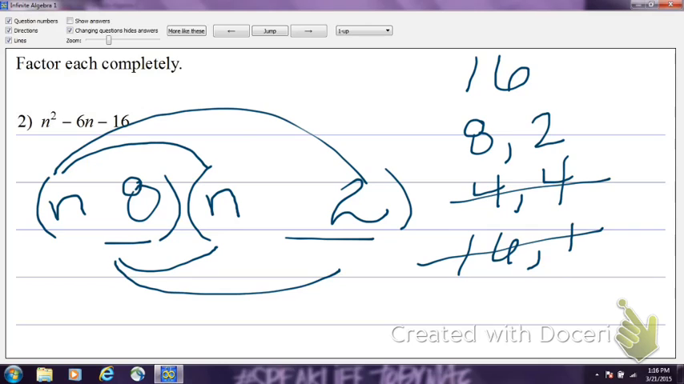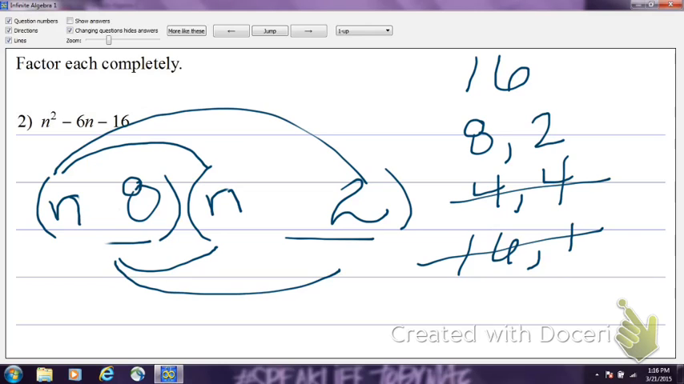Now we have to decide the signs. So since we want to get a negative 16, they have to be opposites because a negative times a positive gets a negative. Now if I put it this way, I check it and I go, is 8 times negative 2 negative 16? Yeah, sure it is, but is 8 minus 2 going to get me a negative 6? I see that that does not work,